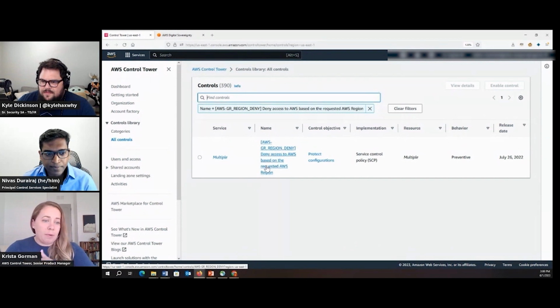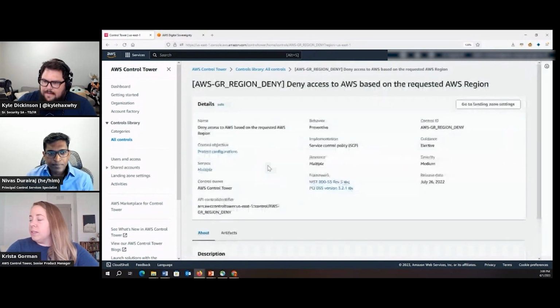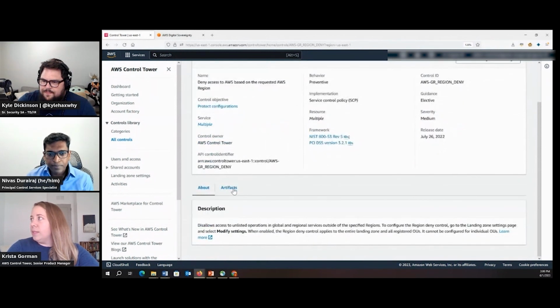So it means it applies to every OU and every account within those OUs of your Control Tower environment. So this is a service control policy, or an SCP. And you can see the different frameworks that it supports as well as the IDs here. And then you can see that this is actually an optional control, so you can choose to apply it or not.